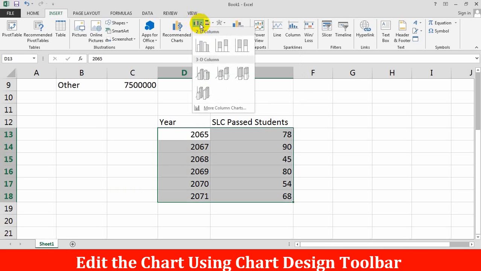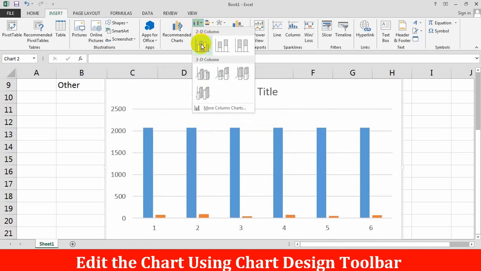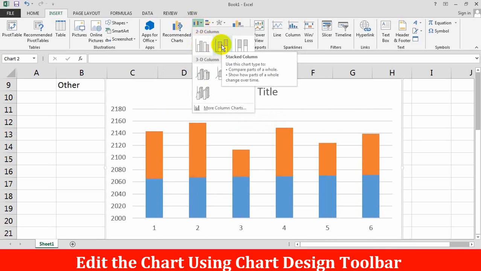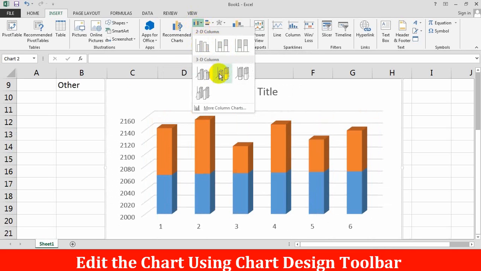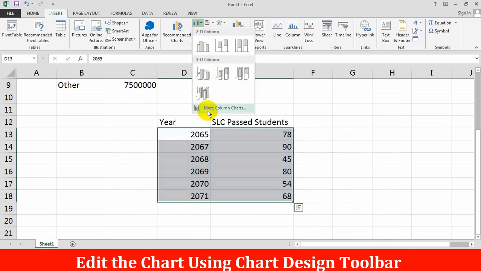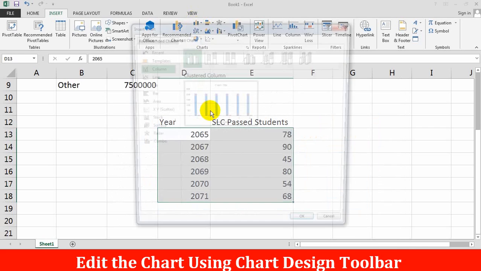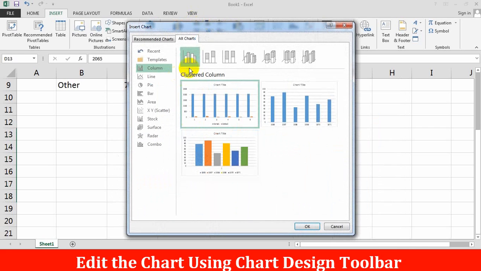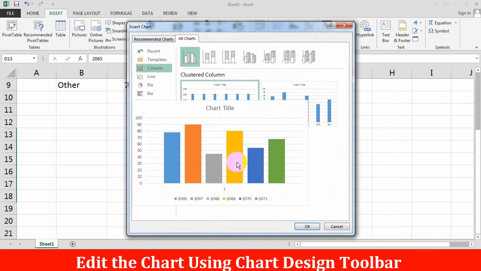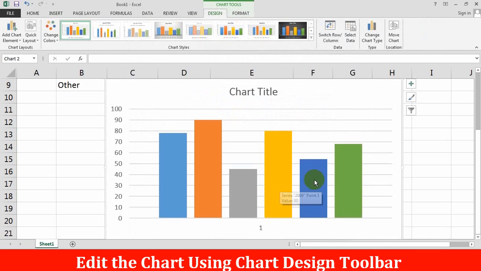Now, when you click on this column chart drop down arrow, you can get varieties of chart styles. You can also change to more column charts from here. Choose any one style. Suppose I have chosen this style. Click on OK. See, the chart has been inserted in the Excel sheet.